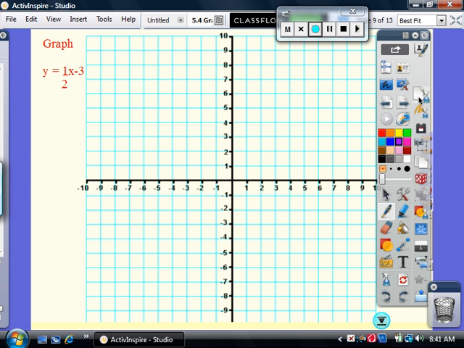Alright, you guys, let's look at this one. It has a fraction involved. Let's find the three important parts of that, too, okay? Let's find the slope, the x-intercept, and the y-intercept. See if you can do that with the fraction. Alright, so